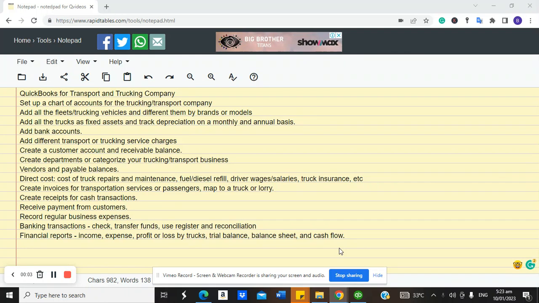Okay, so in this video, we are going to look at QuickBooks for transport and trucking companies. Transport and trucking companies are involved in the business of transporting goods or passengers from one location to another. So most times you can probably say that these two businesses are almost the same. The only thing is that transport seems to be a lot wider and more encompassing compared to a trucking